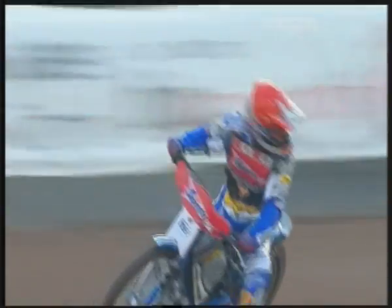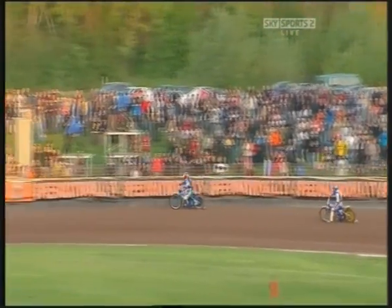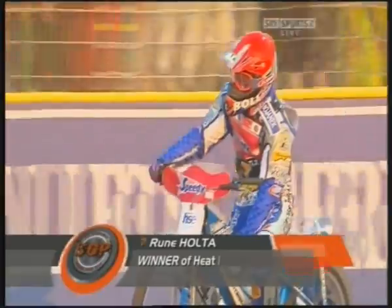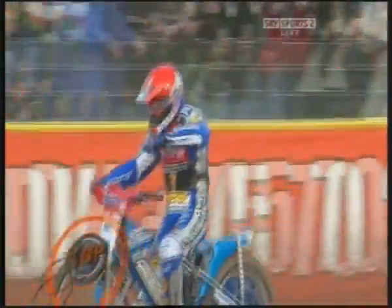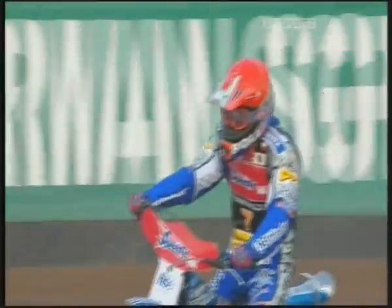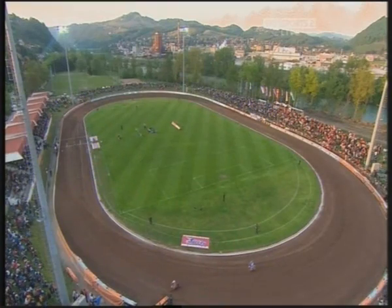In second place in blue, Kasprzak. A single of what could be a valuable point for Scott Nicholls in white. A disappointment in fact for Lee Adams. You've got to say that it was a brilliant ride from Rudy Holta, but disappointment at the back for Lee Adams. And Kelvin, indeed, I have to say, not the start we expected from Lee Adams, almost perhaps the reverse